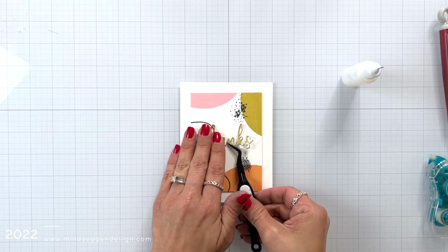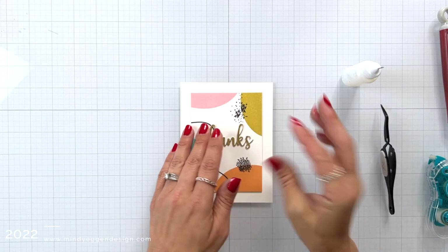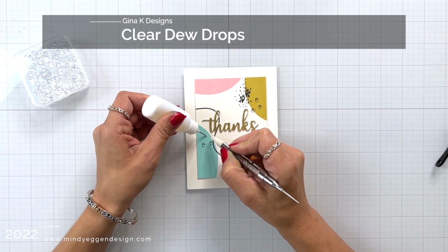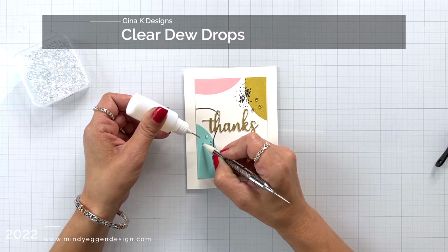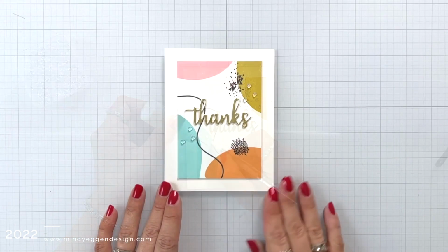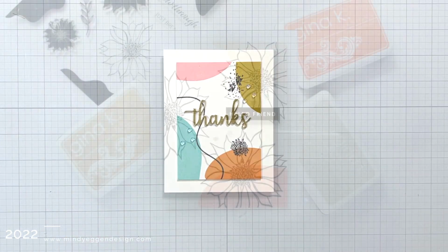these small sentiments. I had already gone ahead and layered up my panel with white cardstock like I did in my previous card, added the thanks on top, and this time I'm bringing in the Clear Dewdrops. And that finishes up this card project, but I have one more I wanted to show you that I created